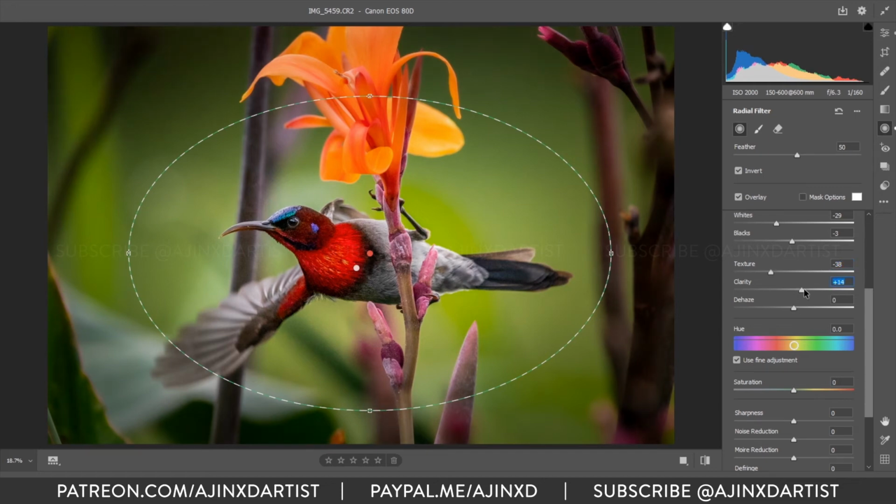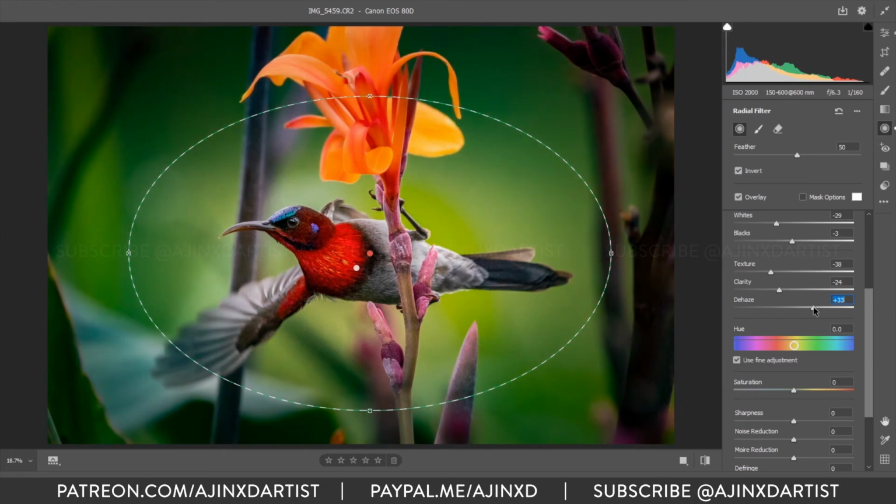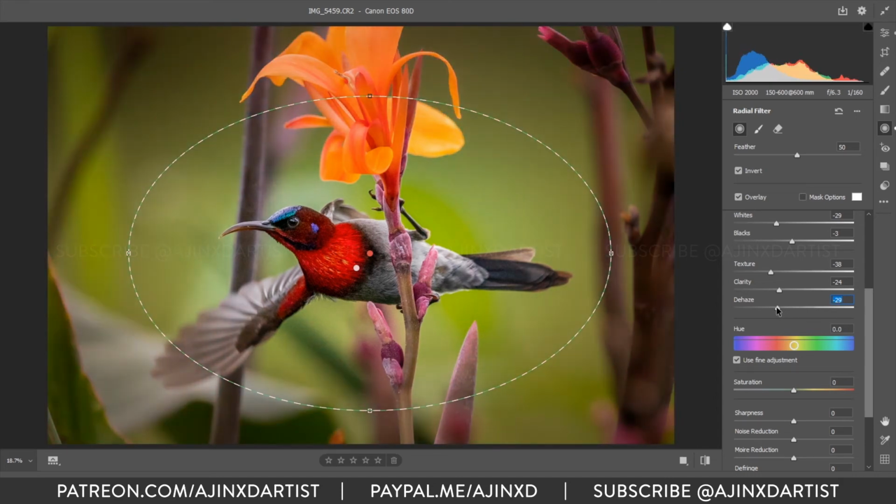Then there is clarity, with which we can go in the negative as well. It adds a bit of blur as well, so if there is bokeh in the background, usually you don't add clarity to the image then. And dehaze again changes the hue and temperature, tint, whatever you want to call it.